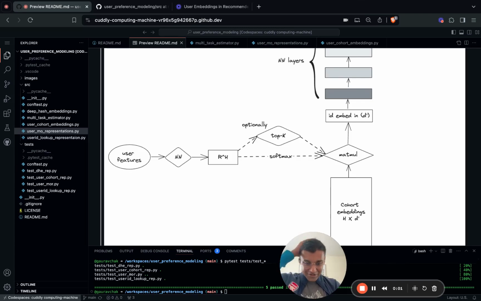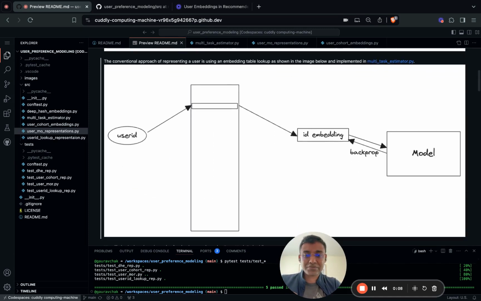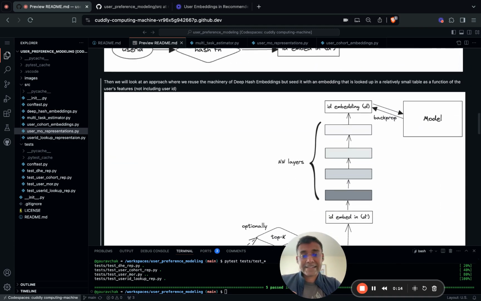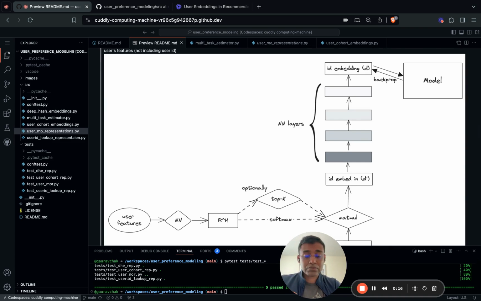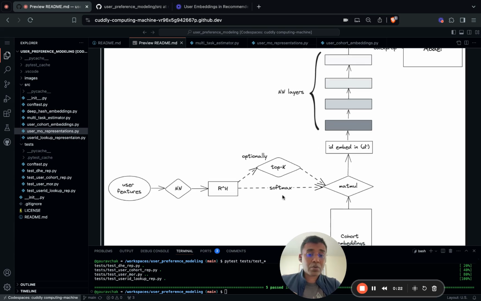Hey, so yeah, I think we're almost at the end. So we looked at, if you recall, first we looked at the user ID based lookup table. Then we looked at deep hash embeddings. Then in the previous video, two videos actually, we went deep into this cohort affinity based approach, where we looked